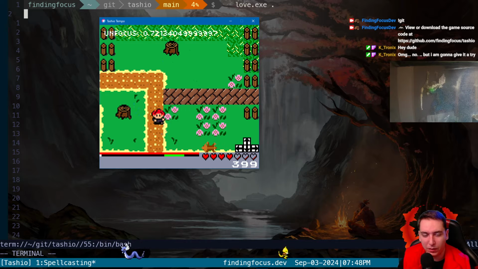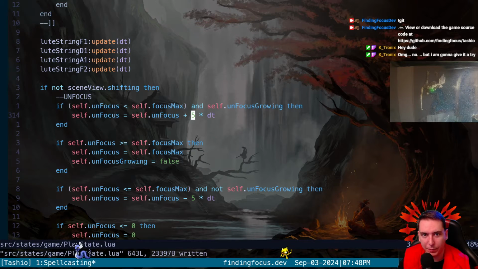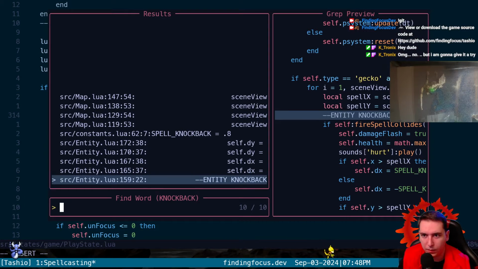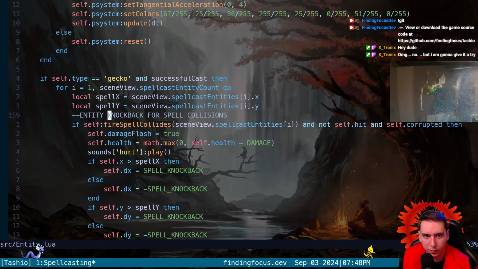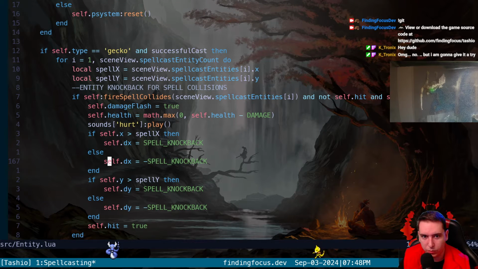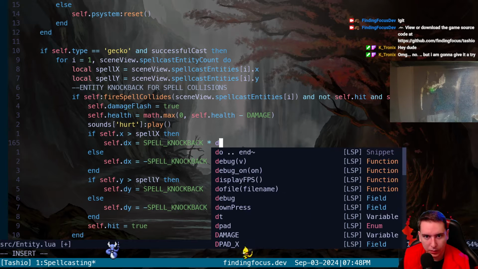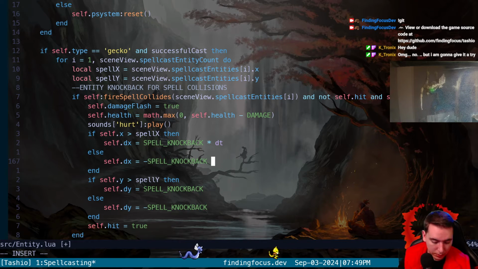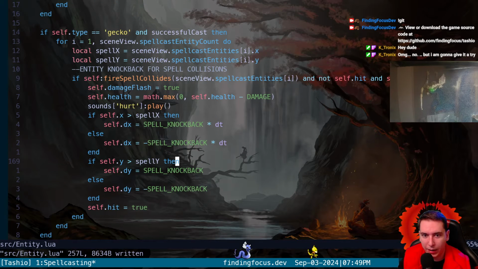Holy crap. Okay, let's fix our knockback, scale it by delta time, because that is ridiculous. Okay, entity knockback for geckos. We set... Okay, so see how we have... We need to scale this by delta time, as well as multiply it by quite a bit. Because when we do times delta time here,